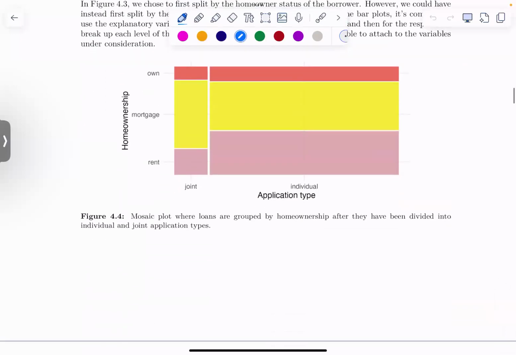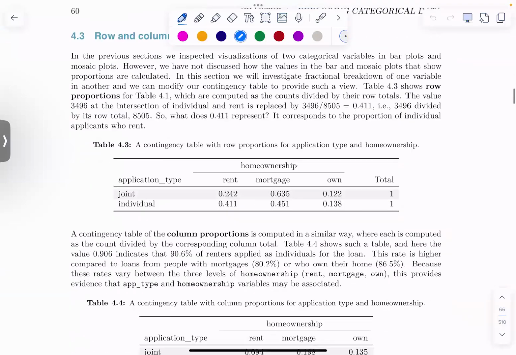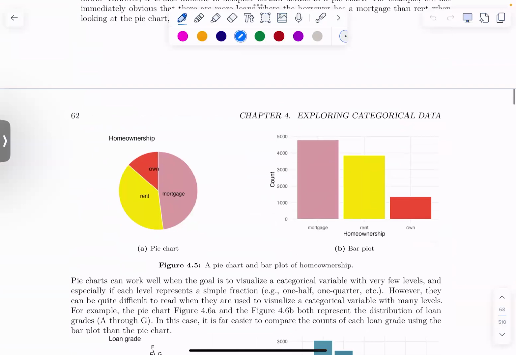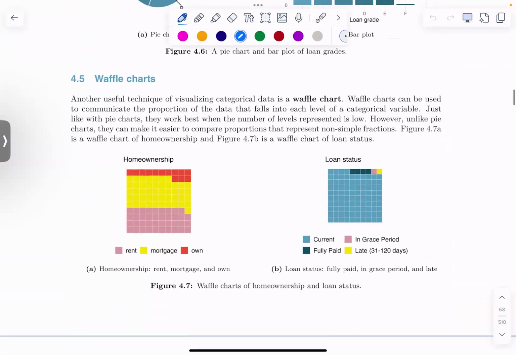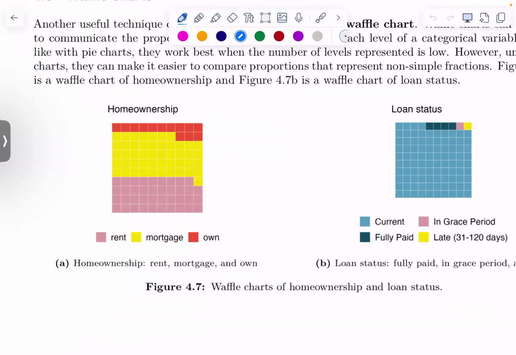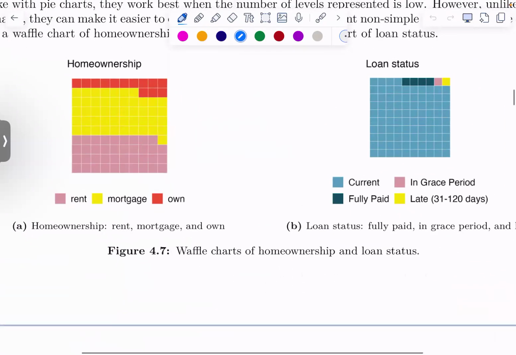Same thing, mosaic plots. We talked about row and column proportions. Talked about pie charts, waffle charts. Now, I will say, maybe I've been out of the loop for too long, but I have not ever used a waffle chart. I'm not even going to bring it in. It is kind of cute, I guess, but